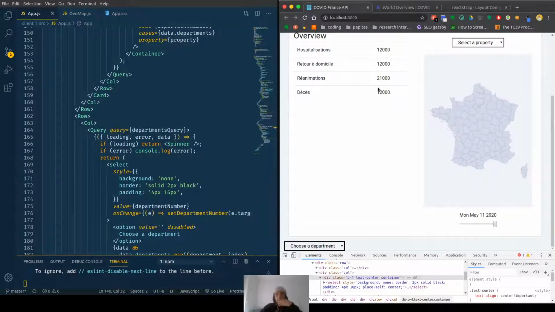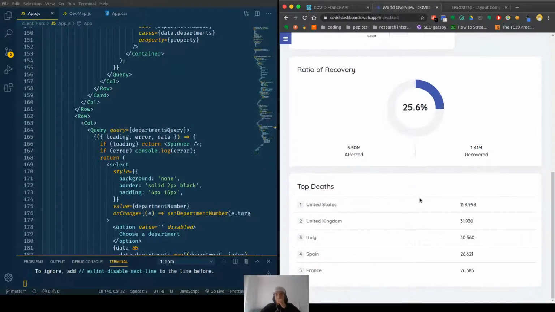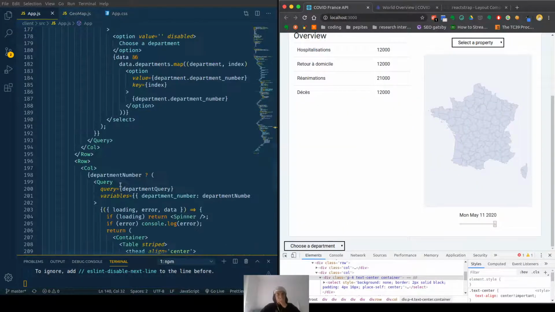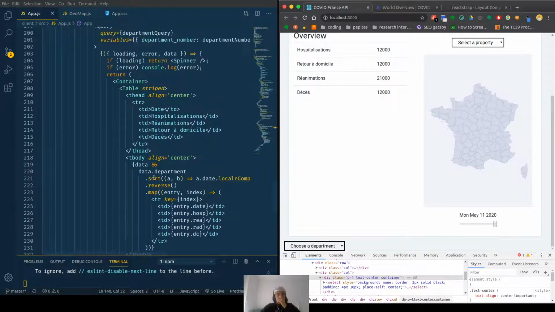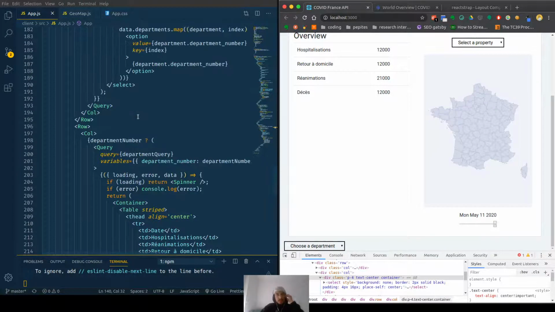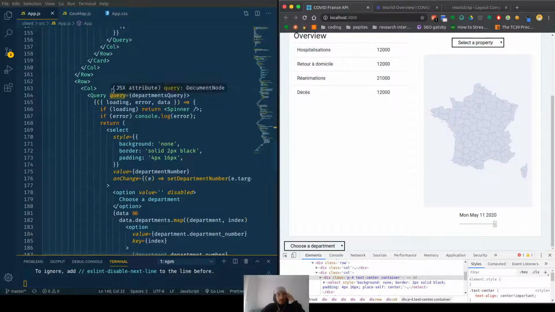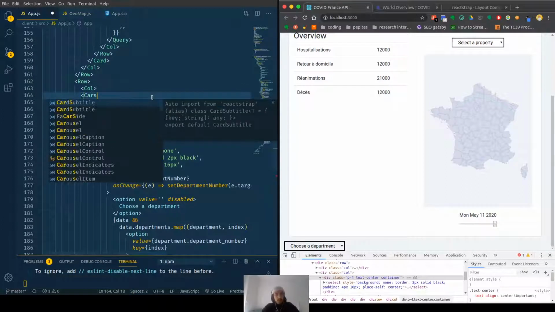Okay, then maybe what I could do is put another card in the bottom for the last selector. So this one is in here, yes. So as you can see, we have a row with a column, and then I'm gonna put a card in there